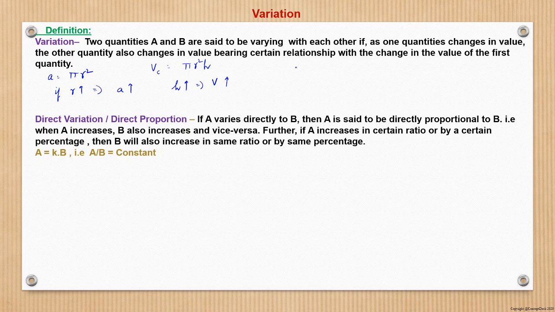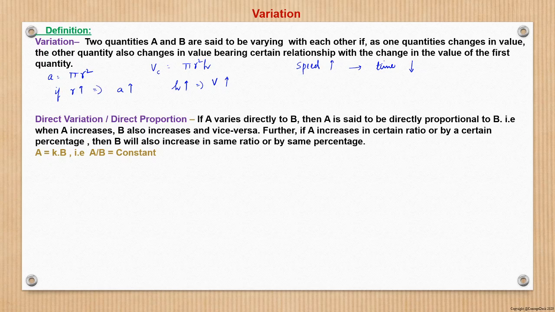Opposite direction, as in, if speed increases, then the time taken to cover a distance decreases, right? So here the change is reverse. If speed is increasing, the time is decreasing. So variables a and b are dependent upon each other, they are varying with each other, but the direction of variation is not the same. If one is increasing, the other is decreasing. So this is also a case of variation.